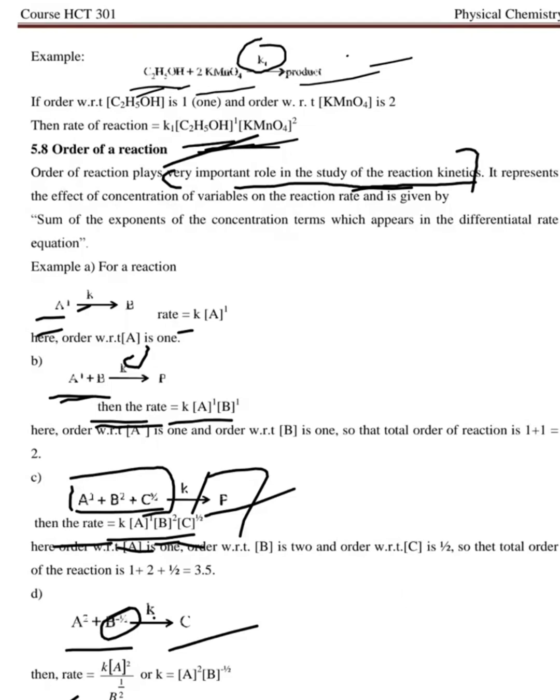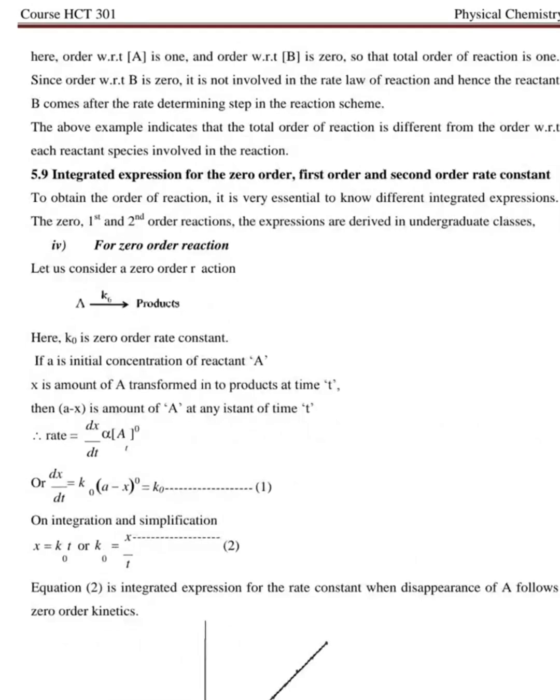So in the next topic we are going to integrate. Integrated expressions for zero order, first order, and second order rate constants. We are going to calculate here for three different orders of reaction. We are going to calculate the integrated expressions. So for zero order reaction,